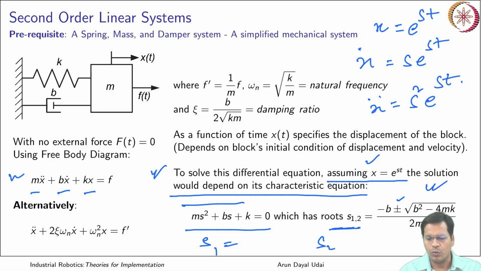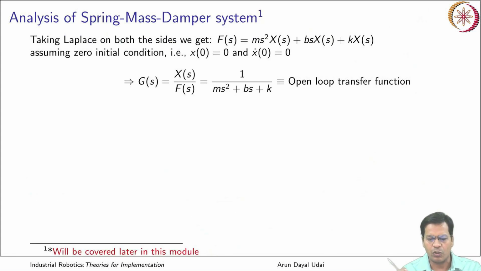Okay, so there are two roots which are there. Based on the characteristics of these roots, your system has some behavior. That is what we will discuss now. So this system can also be treated like this. What makes this system to be treated like this? Basically, this